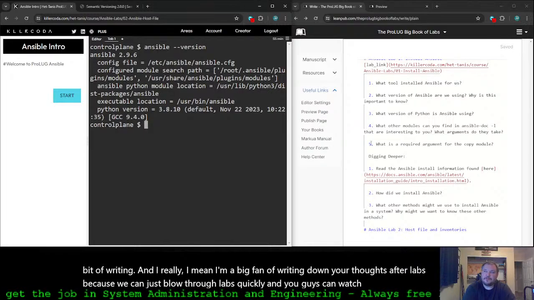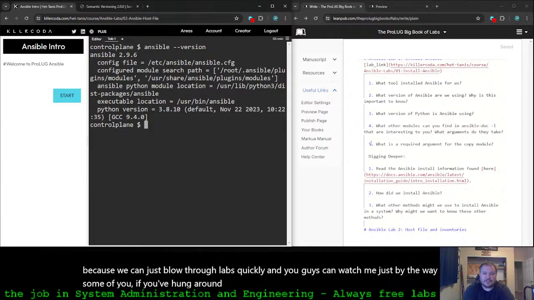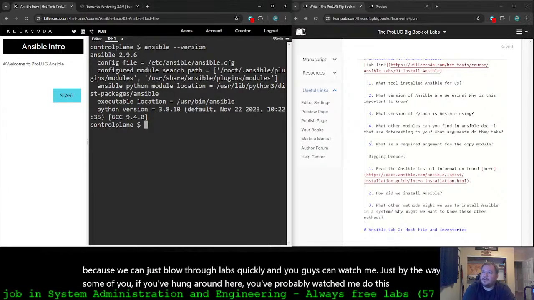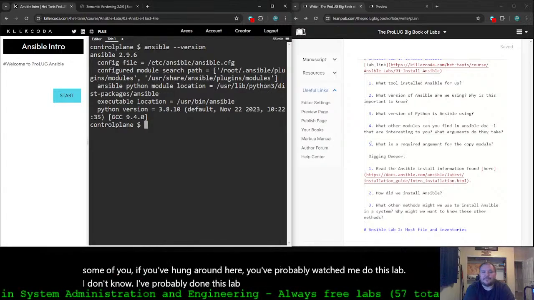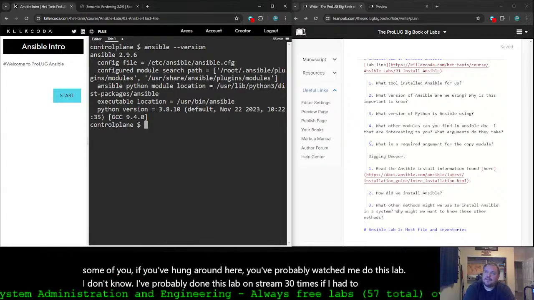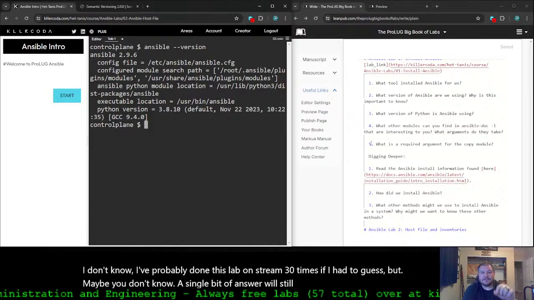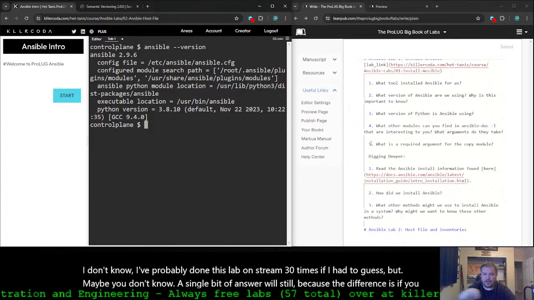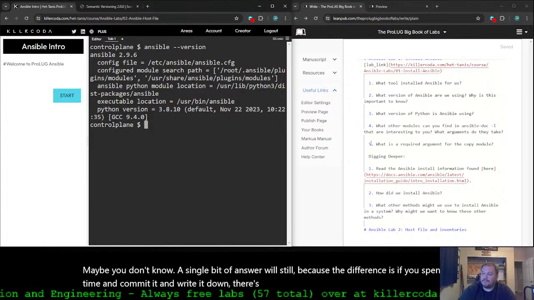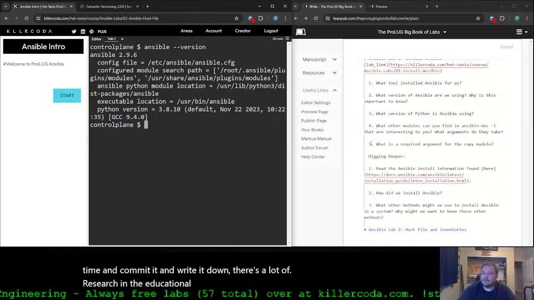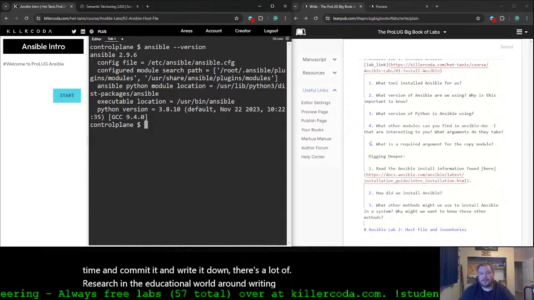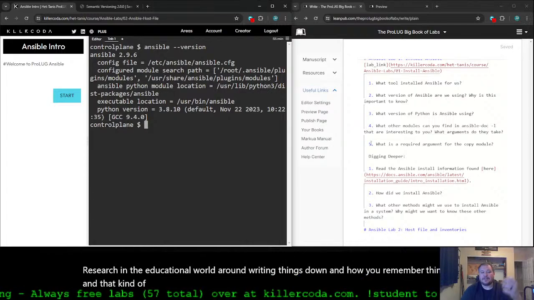By the way, if you've hung around here, you've probably watched me do this lab. I've probably done this lab on stream 30 times if I had to guess. But maybe you don't know a single bit of Ansible still, because the difference is if you spend time and commit it and write it down. There's a lot of research in the educational world around writing things down and how you remember things. So anyway, something to think about for you guys.